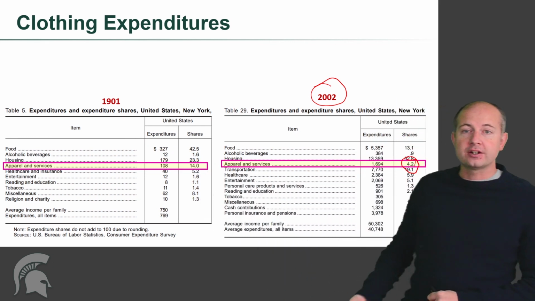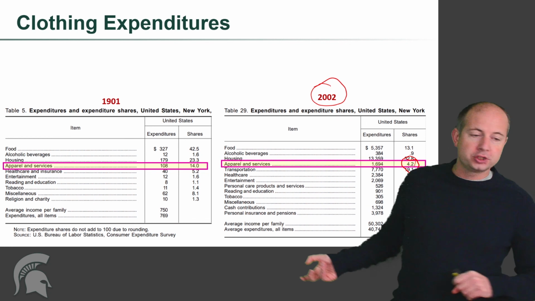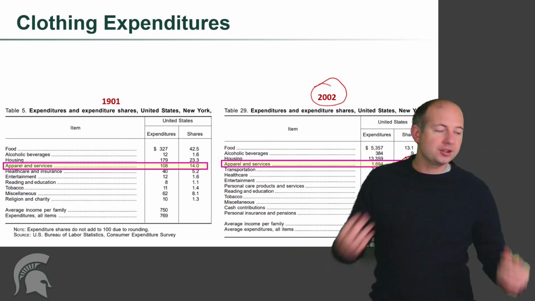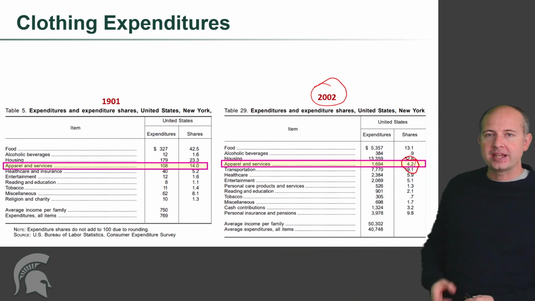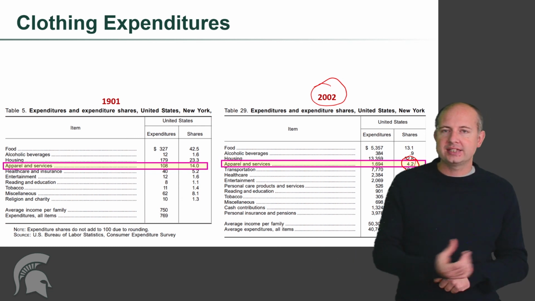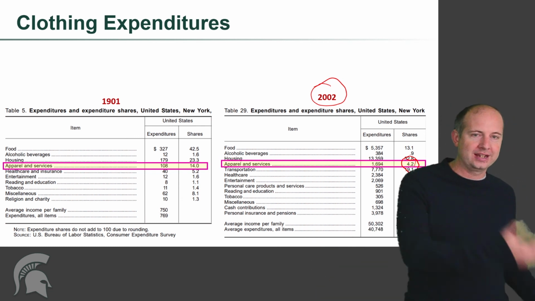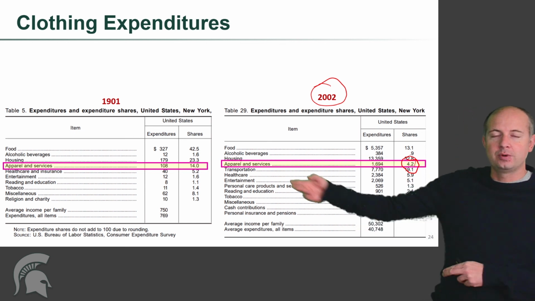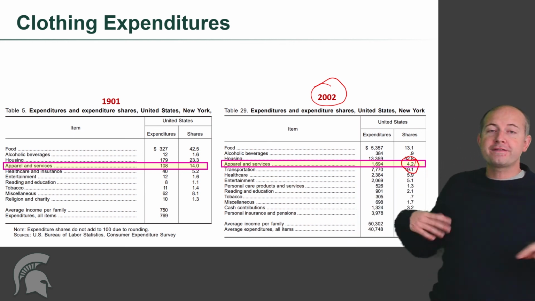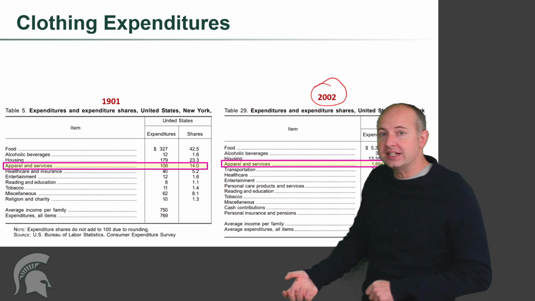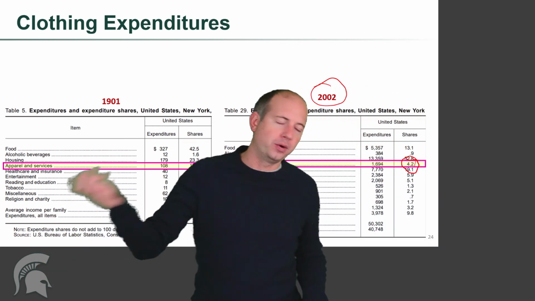Some of that is due to international trade. We are able to trade with other countries. Other countries have a comparative advantage at making clothing, and that allows the people in the United States to focus on what we have a comparative advantage in, maybe making airplanes or making wheat, things like that. And when we go from 14 to 4, that frees up an extra 10% of our income to go out to eat more, go on vacations, buy a car, things like that.